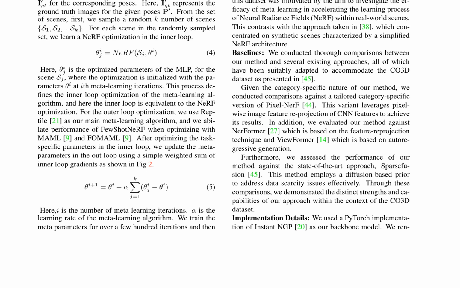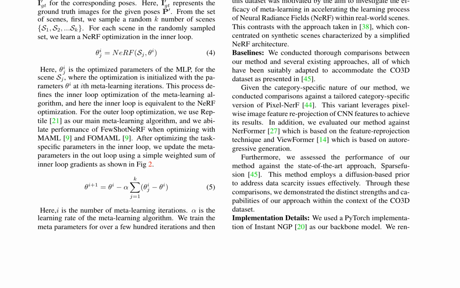They conducted a comprehensive evaluation using the publicly available Colorado 3D dataset, encompassing real-world multi-view objects. This dataset provides essential components, including relative camera poses for each frame and masks that delineate the object of interest from the background. The evaluation protocol involved comparing FewShotNeRF with several existing approaches, including PixelNeRF, NeRFormer, sparse fusion, and others.